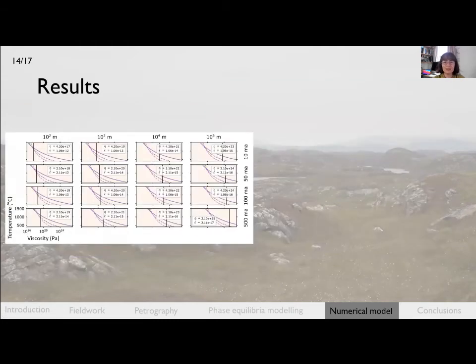We can then do the same calculations for different body sizes and event durations. Here just shown for a particle comprised of garnet-biotite felsic gneiss, with body radius increasing left to right and event duration increasing top to bottom. We can think about how feasible these scenarios are, given that we want to know what temperature and body size